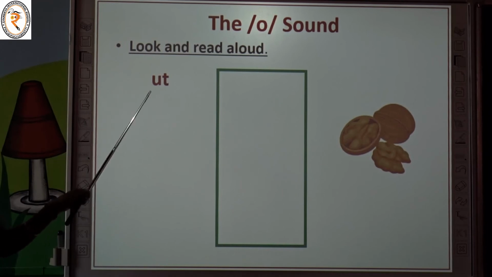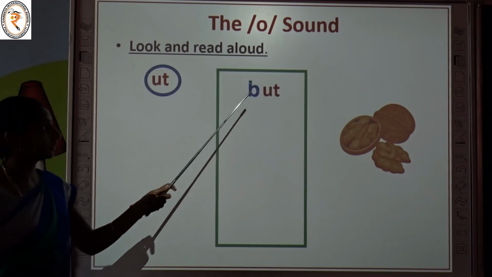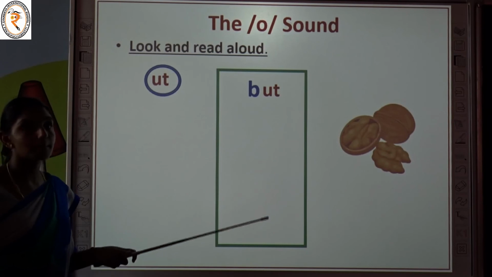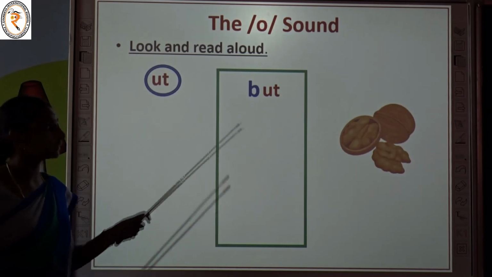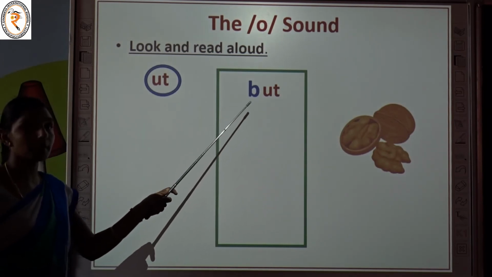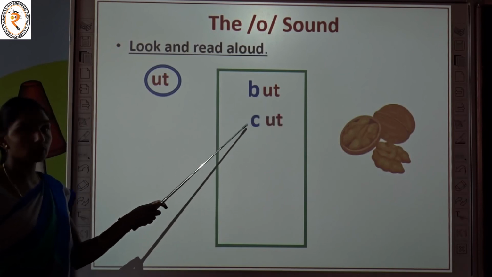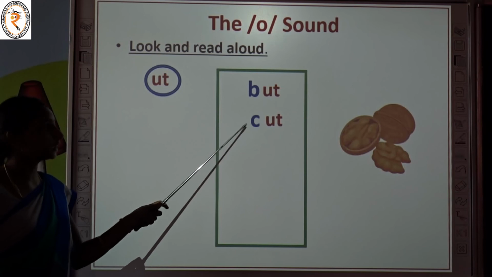Now we are going to read some words that end with which letters? U-T. Try to pronounce these letters together. Ut, ut. See here. Ut is already there. B is added to that. B plus ut, but. The sound of the letter B is B. But. C is added. What is the sound of the C? K. K plus ut,